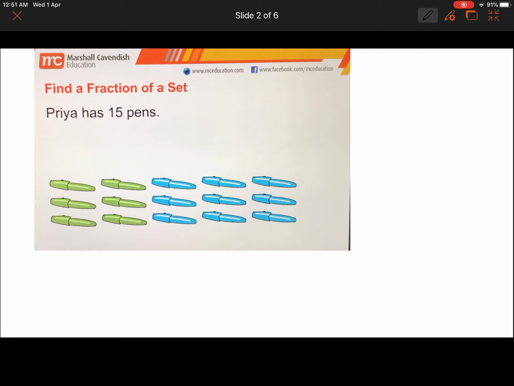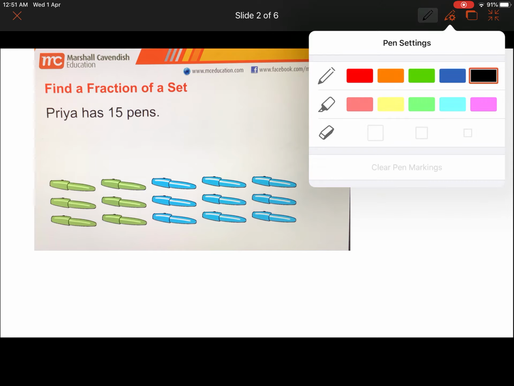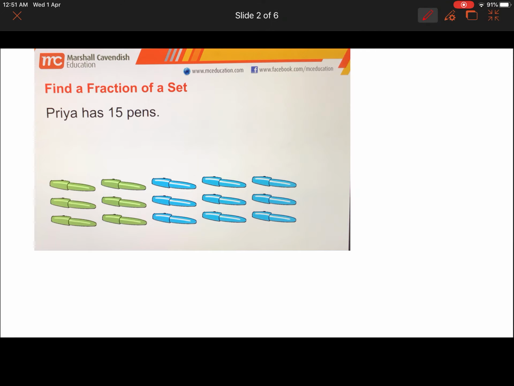Priya has 15 pens. Clearly from the diagram, you can see there are 15 pens. Find the fraction of the pens which are green. So before we find a fraction, we have to group the pens into equal groups. That means each group should have the same number of pens. And from the diagram, we can clearly see that the equal groups will be